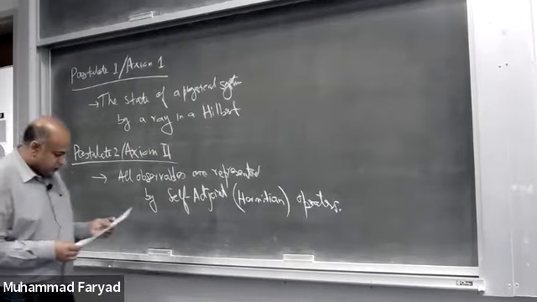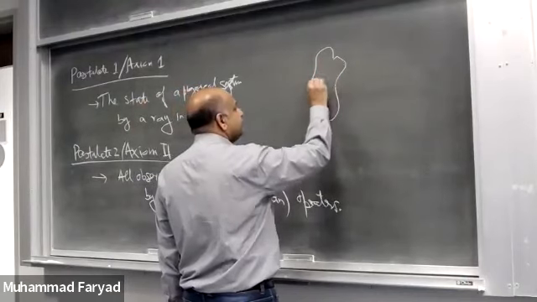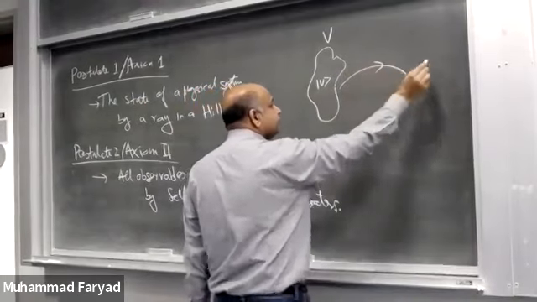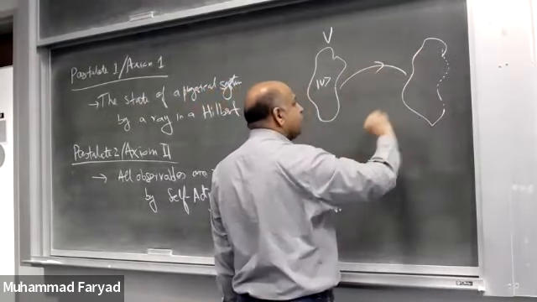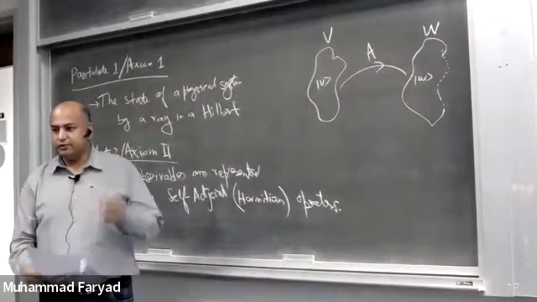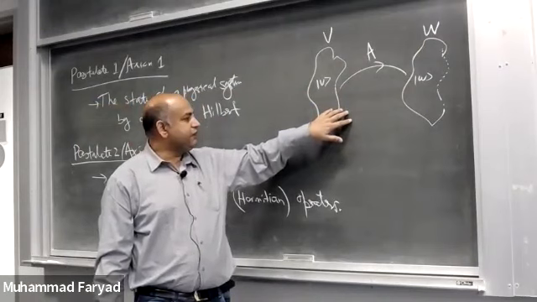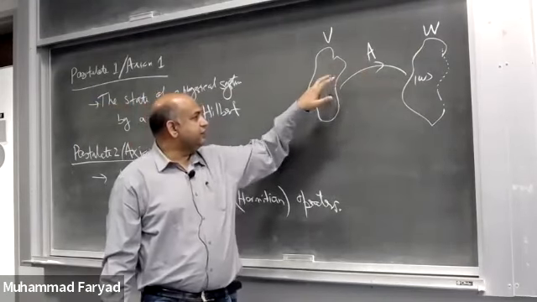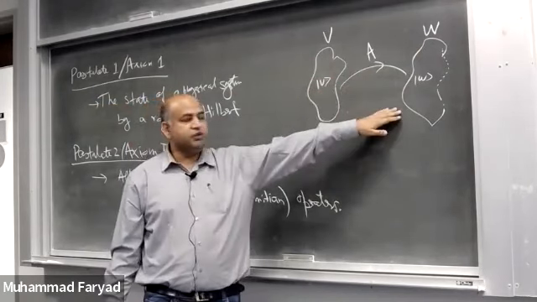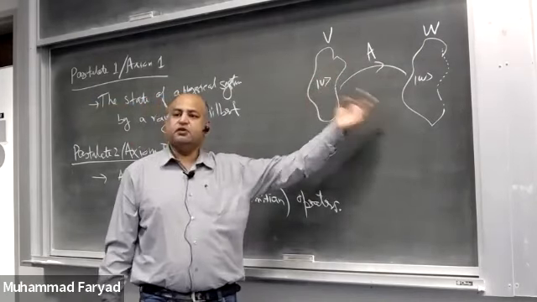Okay, so an operator, you can think of it as something which takes a vector in a vector space V and takes it to the same or another vector space, let's say W. So this is an operator. Both of these vector spaces can be different or they can be the same. So it can take the vector from the same vector space back to the same vector space, or it can take the vector to the other vector space. For example, this might be a 2-dimensional vector, this might be a 10-dimensional vector, or vice versa.